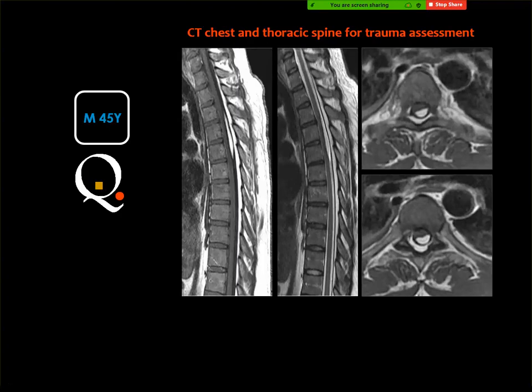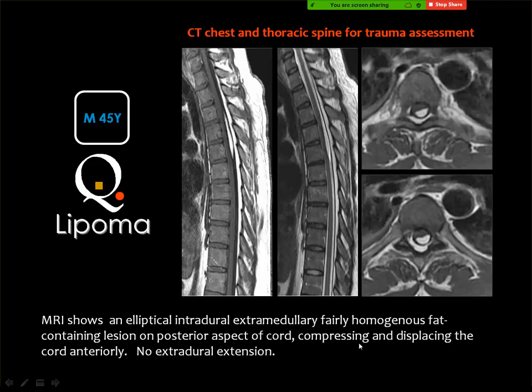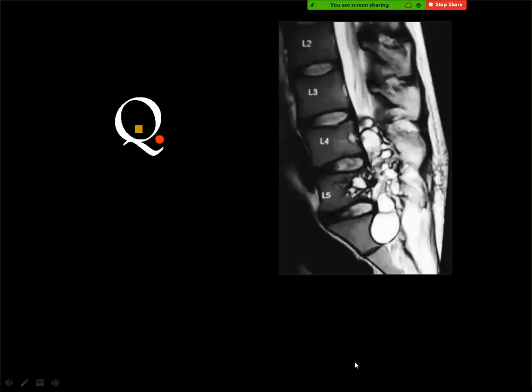Lipoma. Yes, this is lipoma. In spite of the history mentioning that this scan is for assessment because of trauma, the brightness of the lesion in the subdural space and its similarity to the subcutaneous fat means that this is an intradural lipoma. The next case,